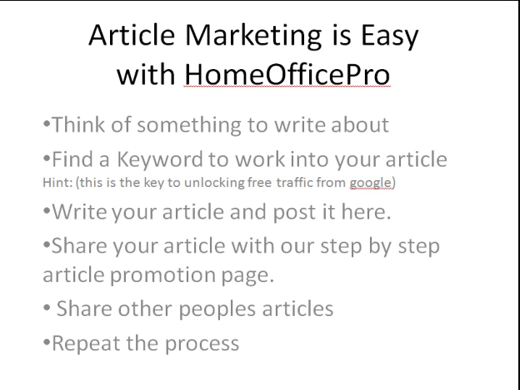Now, the biggest part to article marketing is picking the right keyword. Now you want to find a keyword and you want to work it into your article. You want to put it in the title of your article, and you want to put it 3 times in the body of your article. You don't want to go too many more times or too many less times because it's not going to get picked up by the search engines. And if you put it too many times, they're going to call it keyword stuffing, and they're going to penalize you for it. So three times is a good amount of times to put it in your article body.